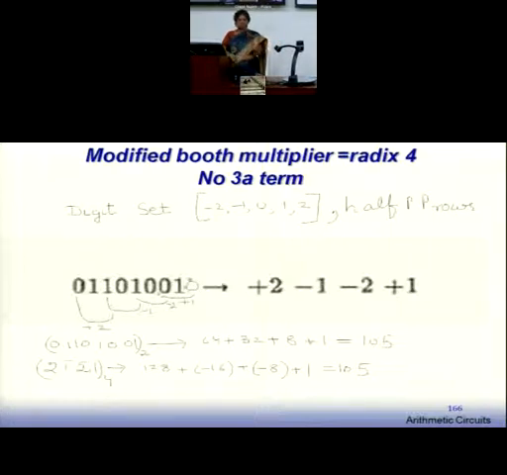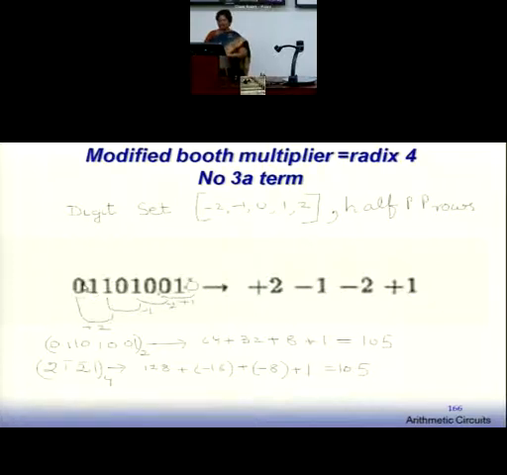Why? Because I can choose the implementation. -2 is there, I can choose 2, so that -2 and 2 give you a 0. -1 is there, you can choose a 1. So this helps you in reducing the number of addition steps when you are going through the conversion process. Ultimately, I have to bring my result into binary. So let us see here. This is my digit set -2, -1, 0, 1 and 2.